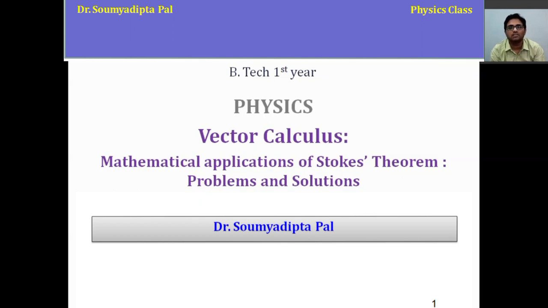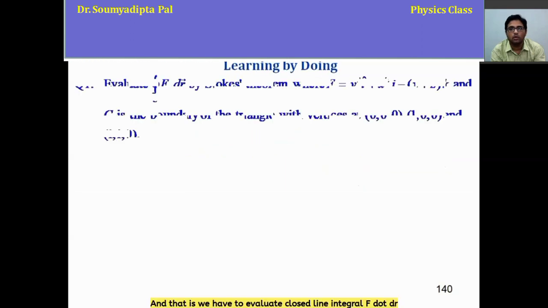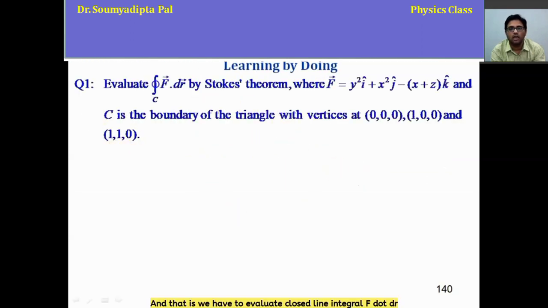In the last lecture, I discussed Stokes theorem and the concept of curl, right? Now today, I shall discuss two problems and their solutions related to Stokes theorem to show you how you can apply Stokes theorem. Okay, so let's start with the first problem, and that is we have to evaluate the closed line integral